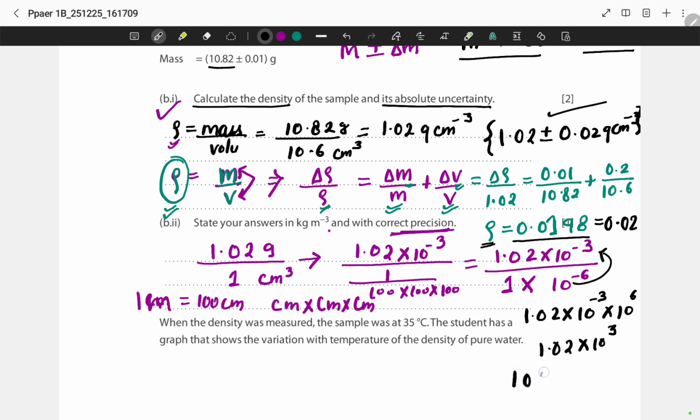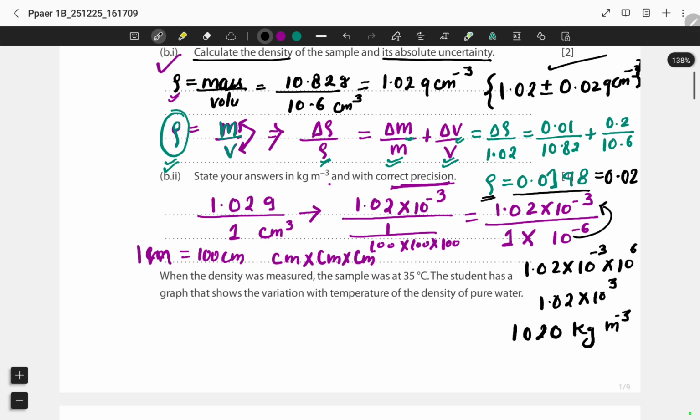which becomes nothing but 1020 kg per meter cube. Now, very important over here. Now we have to convert our uncertainty also, right? So the uncertainty we got is 0.02, right? Finally, we multiplied our density by 10 to the power 3, so I will multiply the uncertainty also by 10 to the power 3